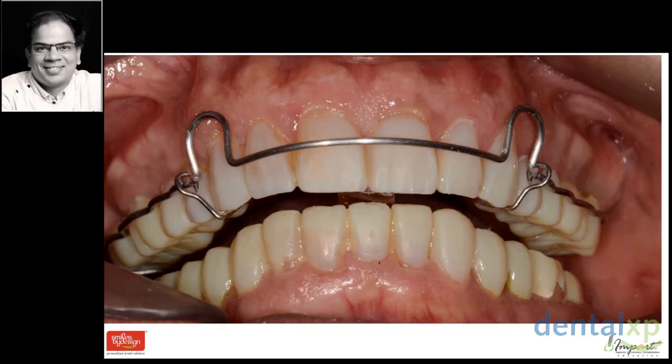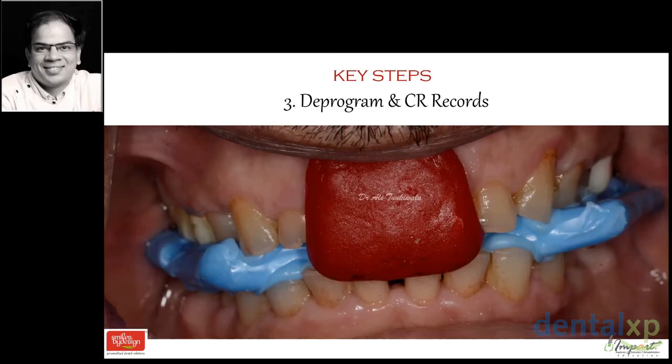Sometimes I just put this labial bow with a little bit of extension from the bow into the plate, just to allow the bow to remain a little rigid and not be too flexible and hurt the gums. In this particular patient that we are talking about, I did a chairside deprogramming first to begin with, and I could easily find a point of contact at which I could take the record.